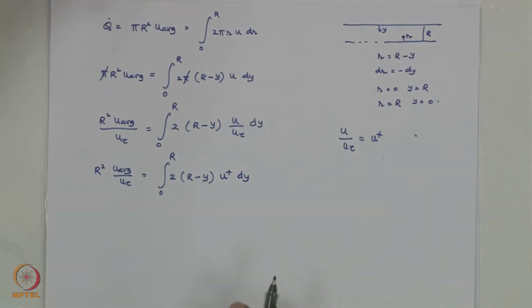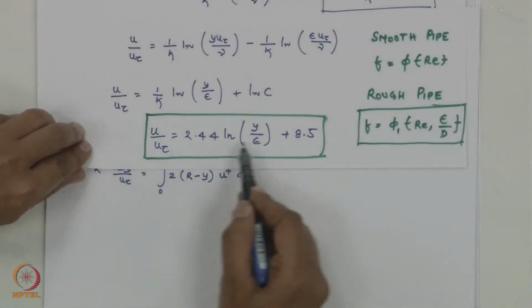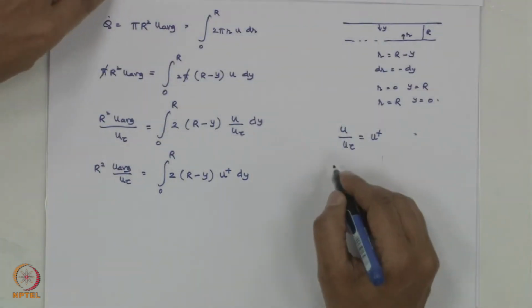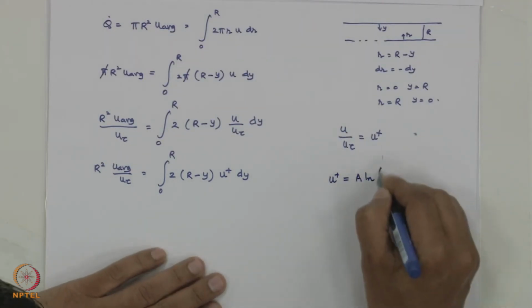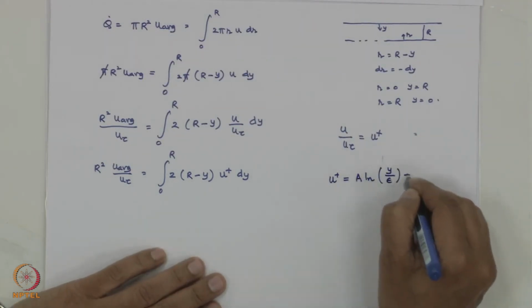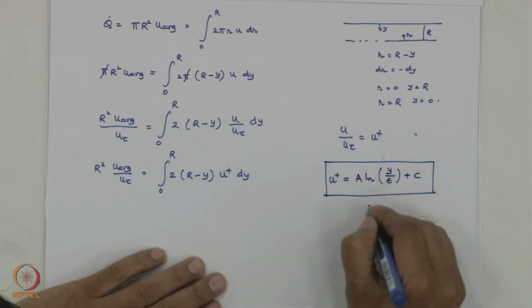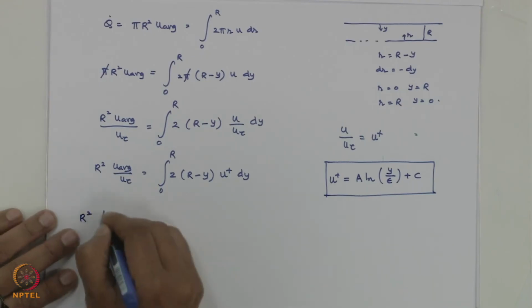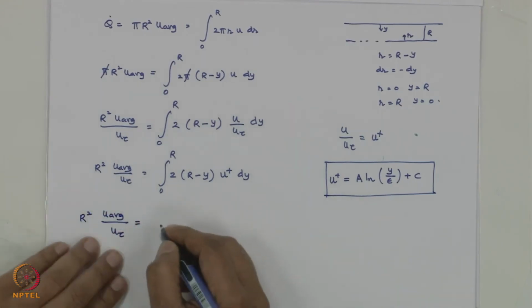Just now I wrote u plus equal to 2.44 log of y by epsilon plus 8.5. So if I write u plus equal to a log of y by epsilon plus c, a and c we will substitute later on. So if I substitute that, I get R squared u average by u tau equal to